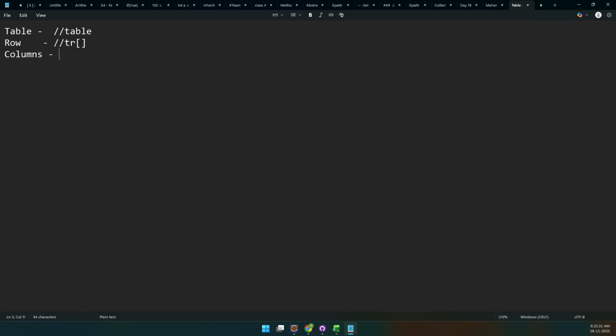Columns will be having a tag of TD. That's it, guys. If you want the first column, just give it as 1. If you want the second column, give it as 2. If it is the third, give 3. If you are directly giving TD, it is difficult for the